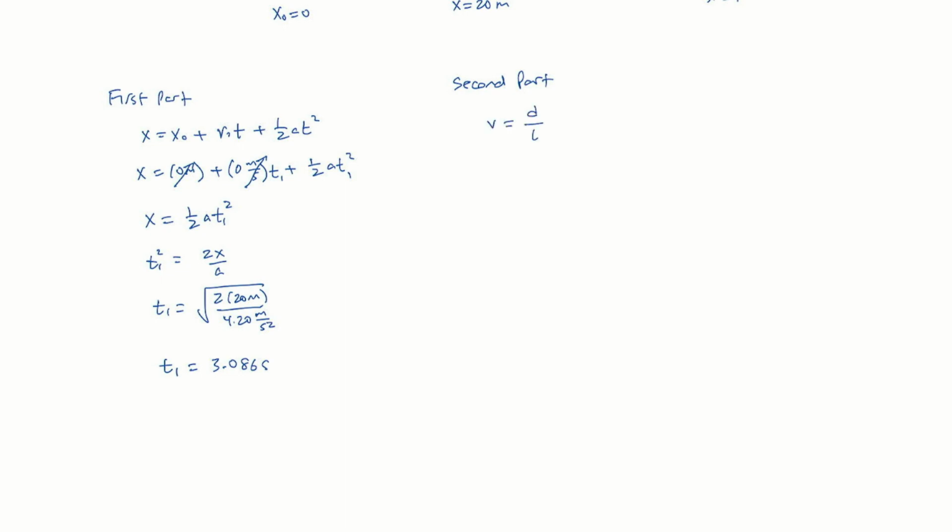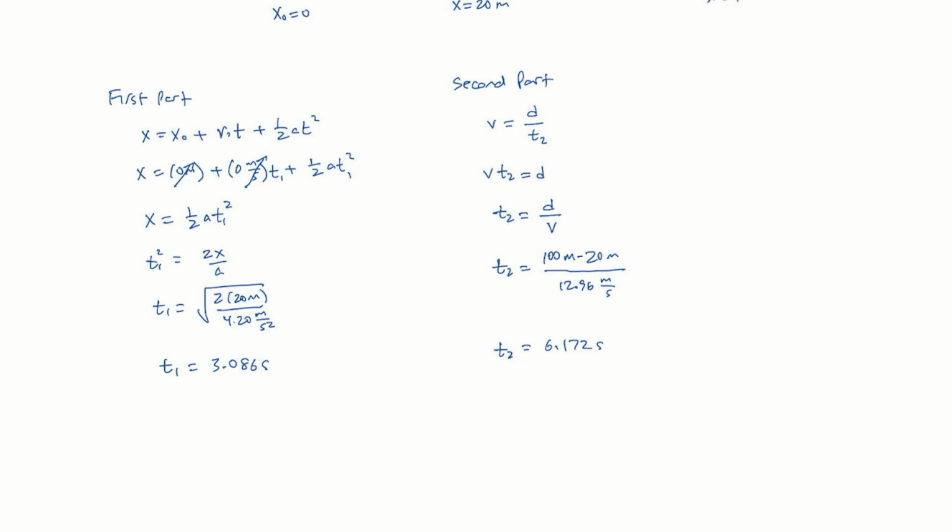Now for the second part of the race where he is not accelerating, we can use velocity is displacement per time. We'll tack a 2 on there. So velocity times t2 is the displacement, and t2 is going to be the displacement divided by velocity. The displacement is the final position of 100 meters minus where this part started, at the 20 meters. So that gives us the 80, and we'll divide by the 12.96 meters per second. This gives a time of